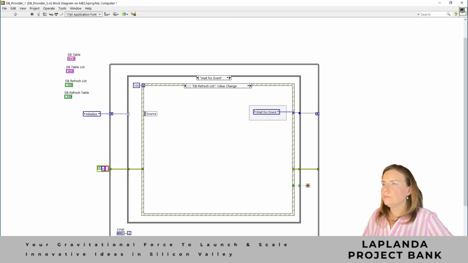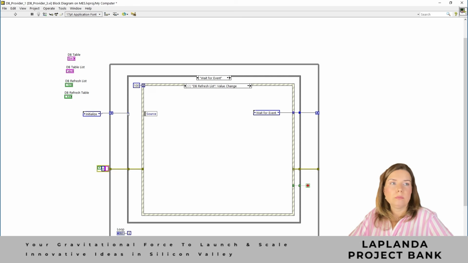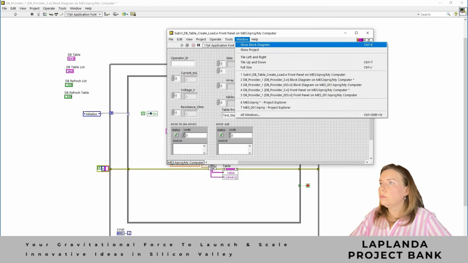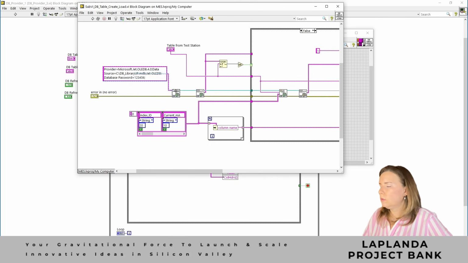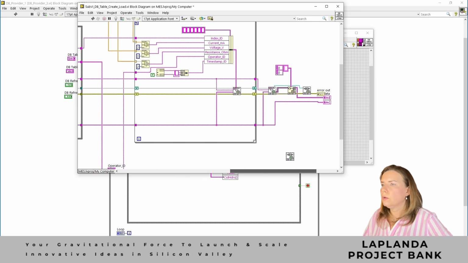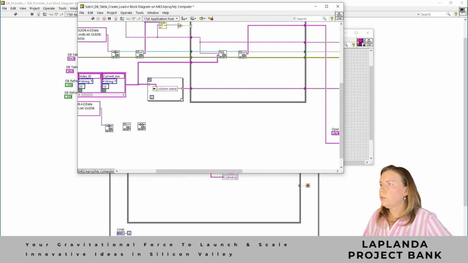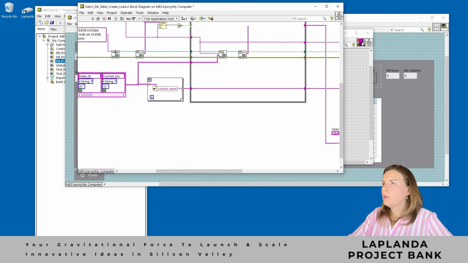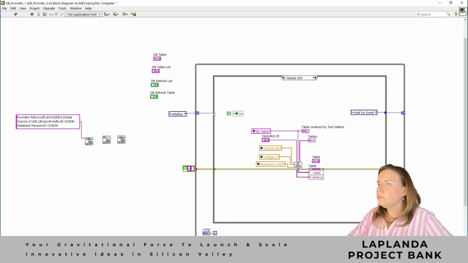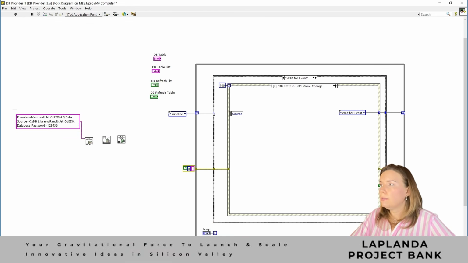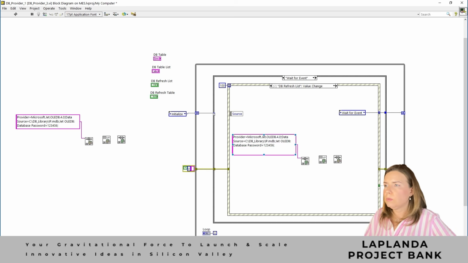Here we'll use a function combo from sub-VI. Open sub-VI block diagram, take the path to database and three functions: DB tools open connection, list tables, DB close connection. Copy them to our main block diagram, delete extras there and save. Back in the main diagram, inside the event for DB refresh list, paste all those functions, wire the error line